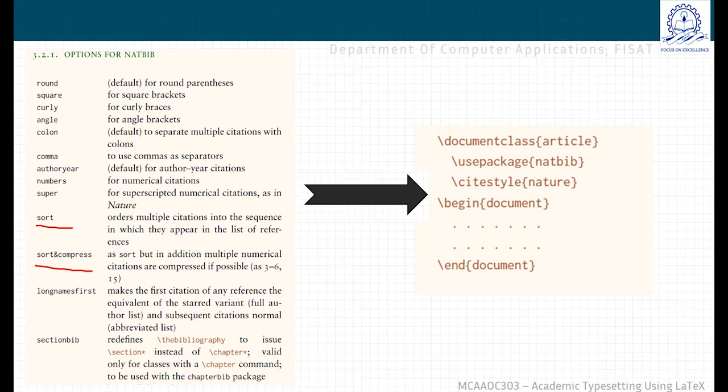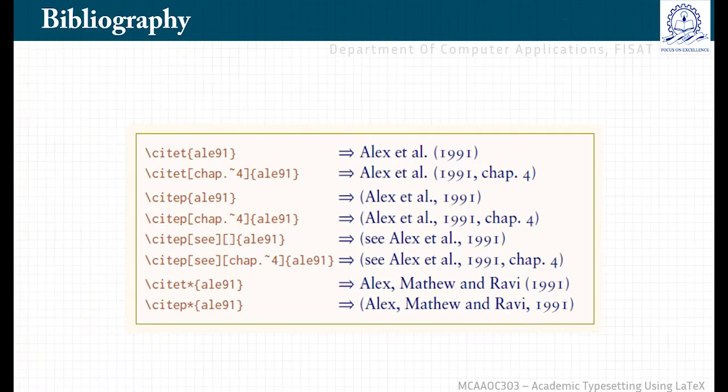Within the preamble section, you give the name of the package, \usepackage{natbib}, then the citation style like nature, then begin the document, end the document, and before the end document you might have the reference section. Here you specify the bibliography environment. In the previous example, we have seen the use of the \cite command. In the content part of the document, we specify the key to cite a particular item in the bibitem